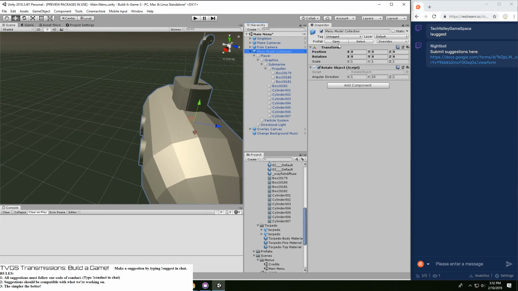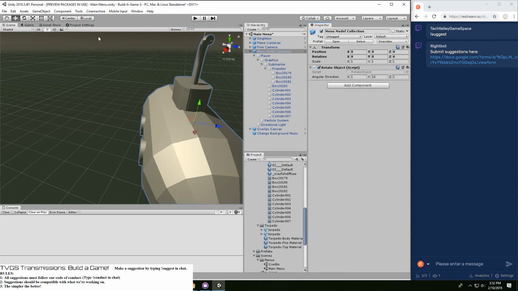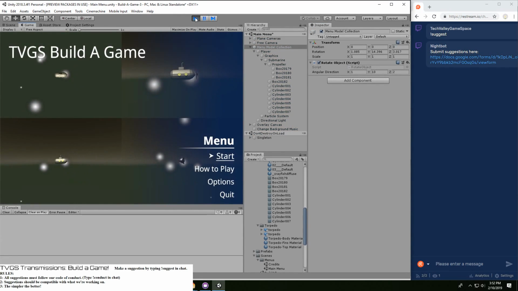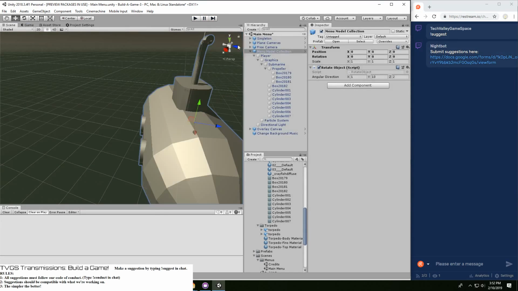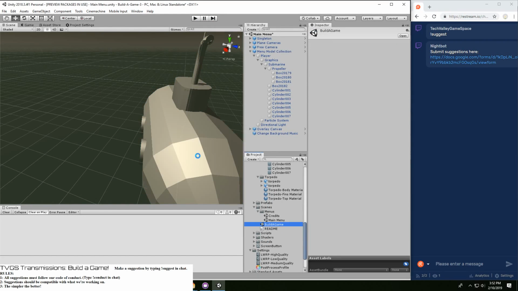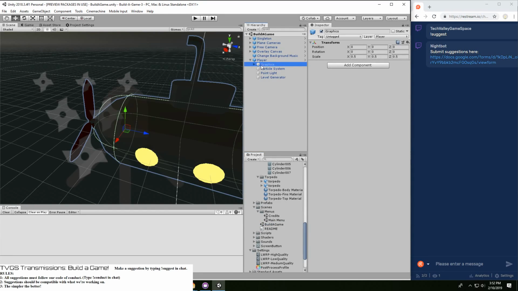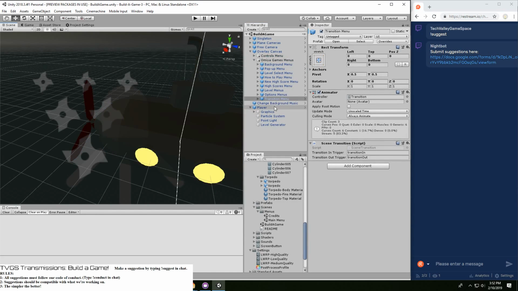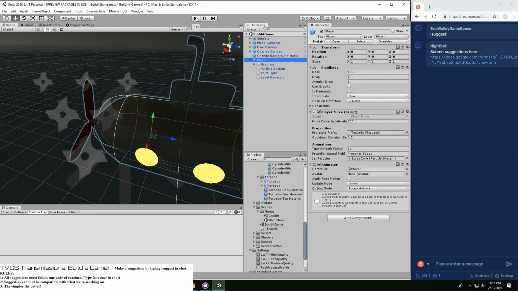Yeah, that should do it. And then there's a bunch of overrides in here. I'm going to just say apply all. And we should be able to just play this menu. Yeah, there it is. Look at that, our submarine in all of its glory. And then when we return to build a game, we have our good old submarine right here. Yeah, about that player. A bunch of overrides, no overrides to do. Okay, well, that makes sense. Cool.